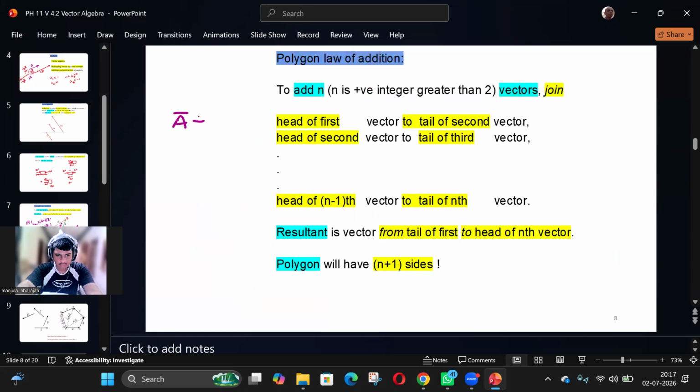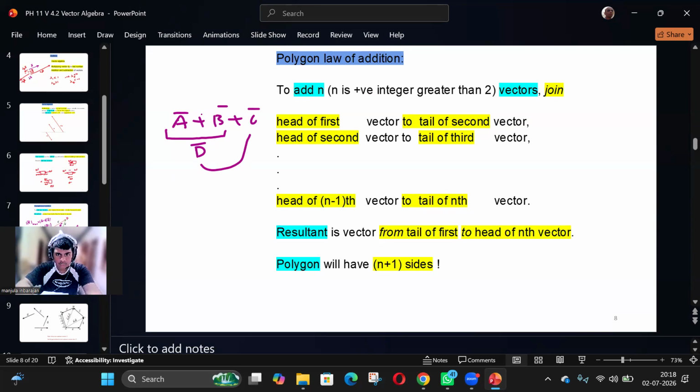See, A plus B plus C. How to add three vectors. Since I know how to add two vectors, first I'll add these two and get the sum as, let me call it D. So once I know D, I know how to add two vectors, we'll add C and D. So I'm doing step by step. Since I know how to add two vectors, I'll add two vectors at a time. First is add A and B, get a single vector D, and then add D and C to get a